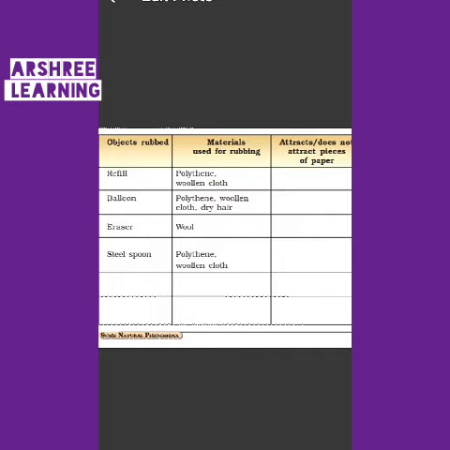For the next material, there are two columns given, so you just have to write in this table whether it will attract the material or will not attract the material. And most of the things, you know, will attract material, and in the last column you have to write that when it attracts the material, is it charged or not. You can do this activity on your own also and find out whether it actually happens or not.